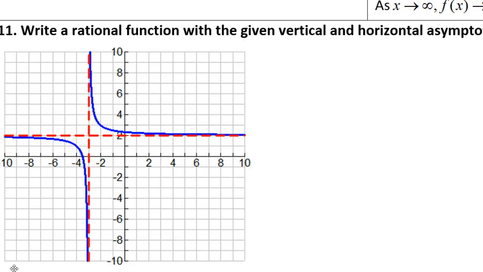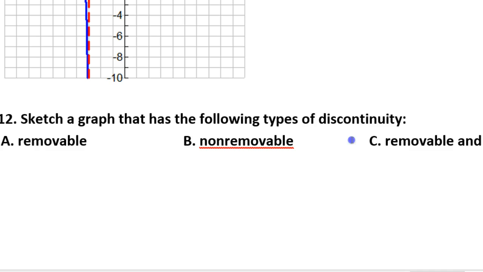Alright, in this video we're going to go backwards. In previous videos you've been given some sort of a function and you're being asked to graph it. But in this video I'm giving you the graph and I'm asking you to write a function to go with it. Later in the video we're going to talk about discontinuities, and you're going to sketch a graph that has